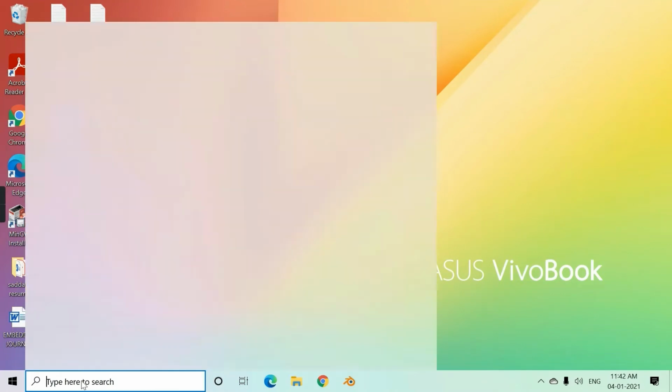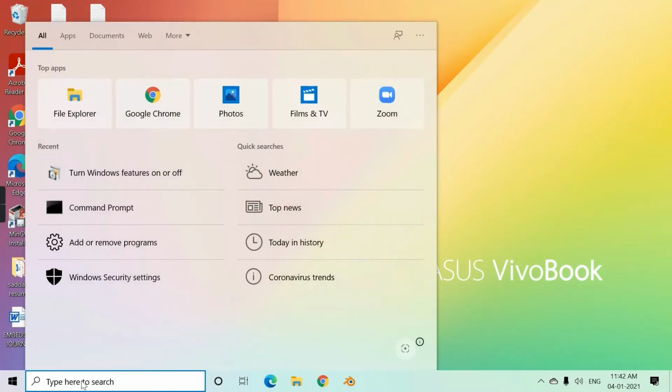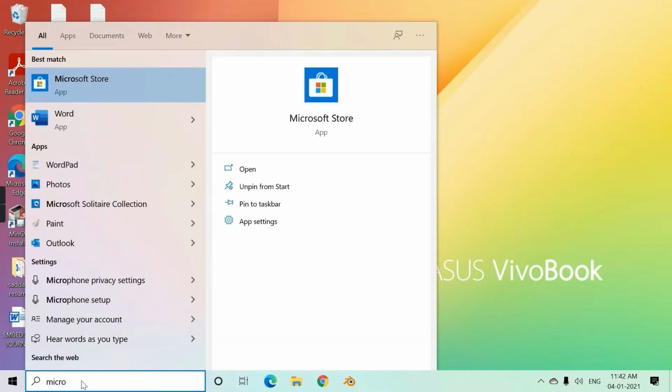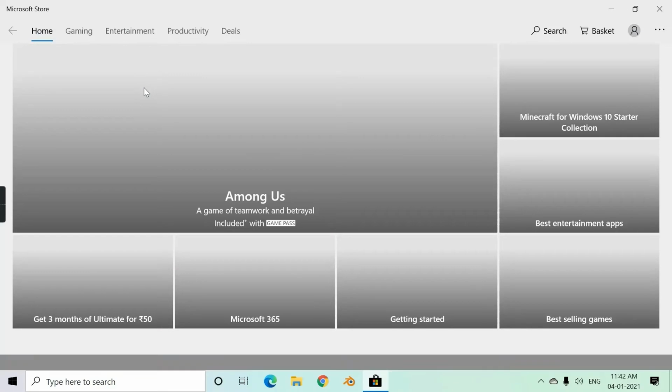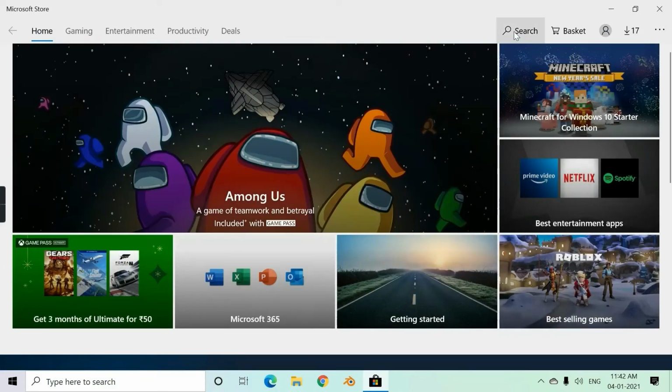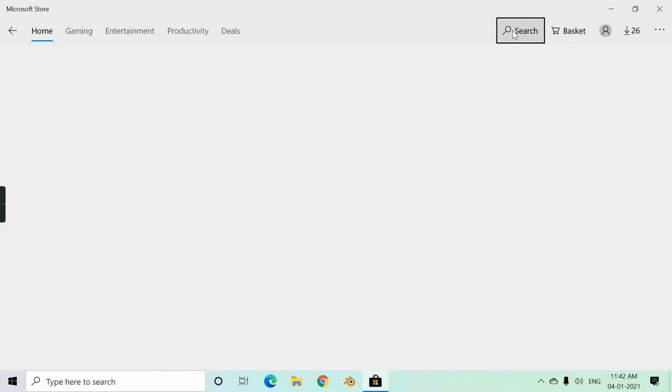After restarting, type here Microsoft Store. Here it is. Open it, and then search here Linux. Enter.